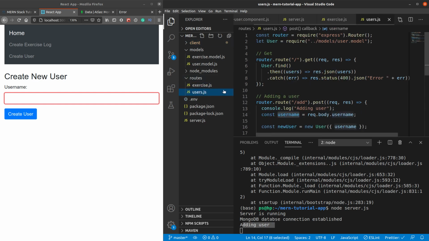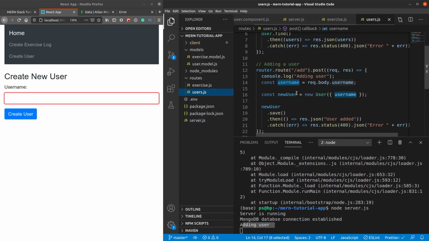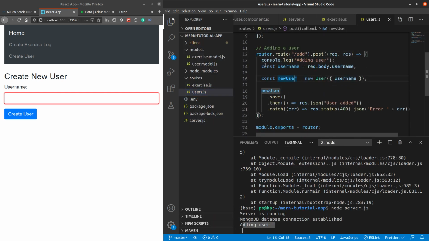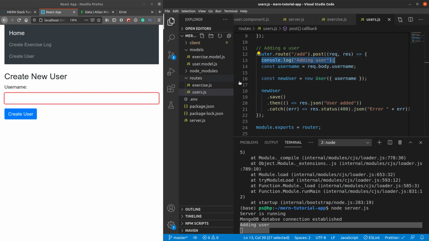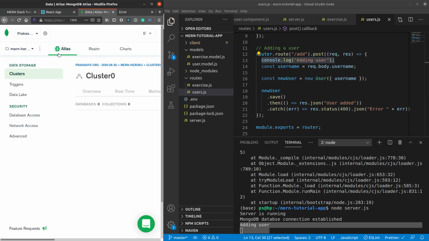In the UI part, in the add section, we did a console.log adding user. If this statement is logged, that means our React application has successfully called the backend application, and I think we should be able to see some data in the database.